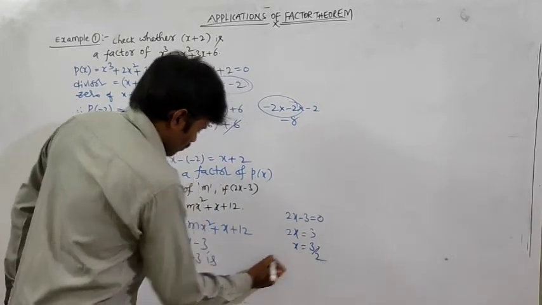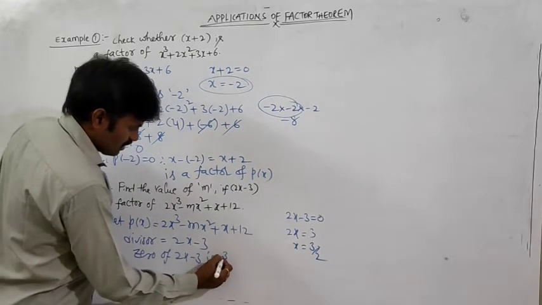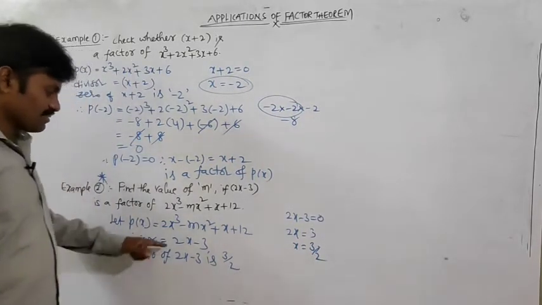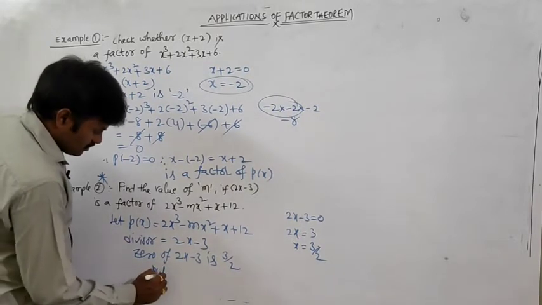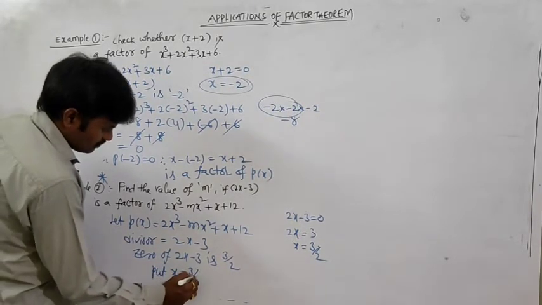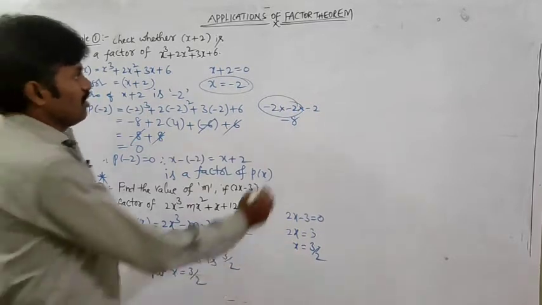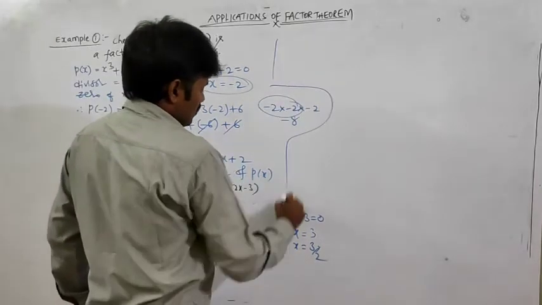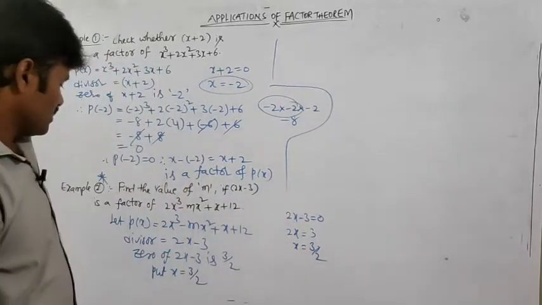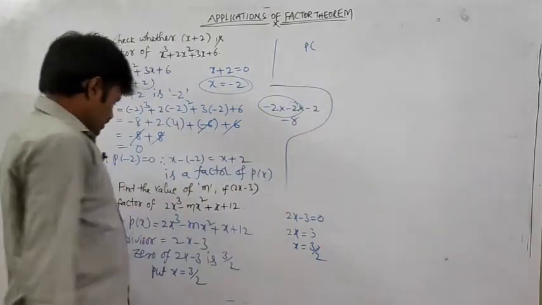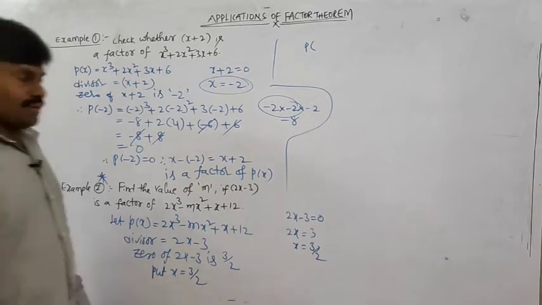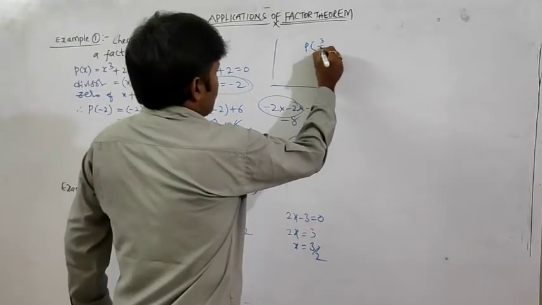So here, what is the zero of 2x minus 3? It is 3 by 2. So replace x by 3 by 2. Now put x is equal to 3 by 2, then we get, write down the steps yourself, P of, replace x by 3 by 2. So P of 3 by 2 is equal to